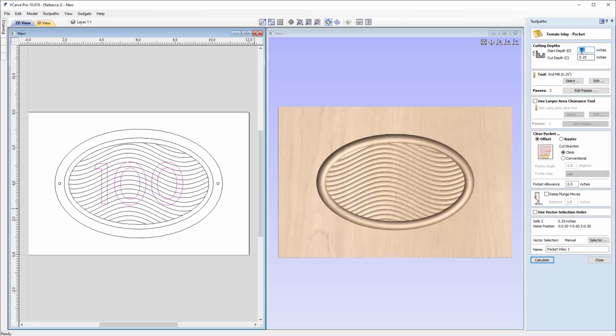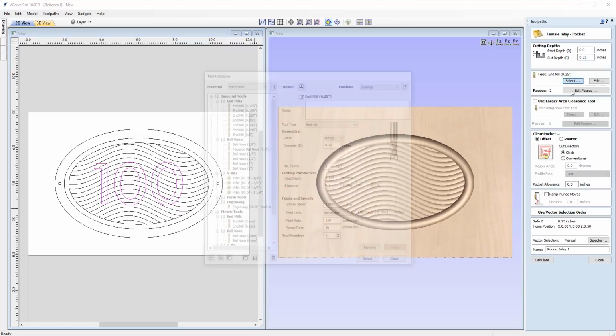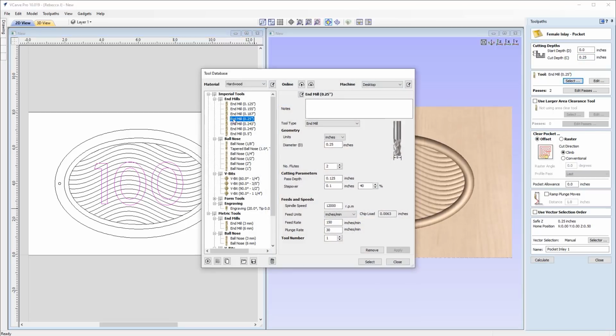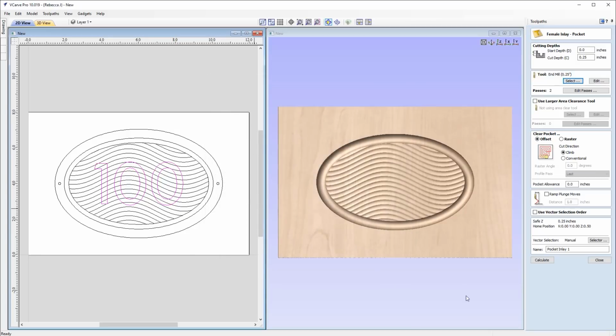So here we need to specify our start depth. So the start depth for this is going to be at 0. Cut depth for this, we are going to cut down 1/4 of an inch. So we've got 1/4 of an inch in there. And then we need to select a tool. So if we use the select option, we can specify a tool. So we're going to go with a 1/4 inch end mill, and we're going to machine this in an offset